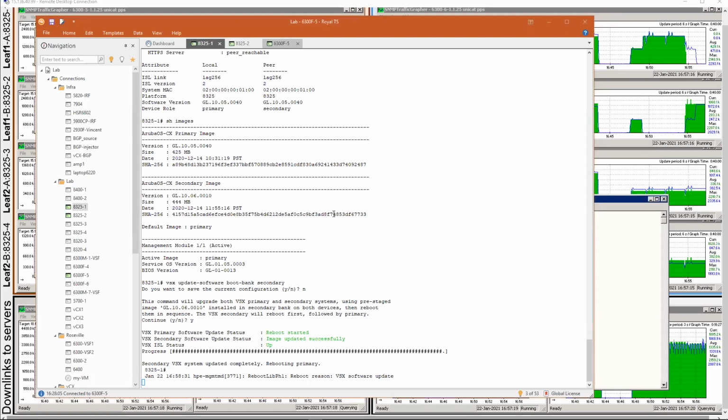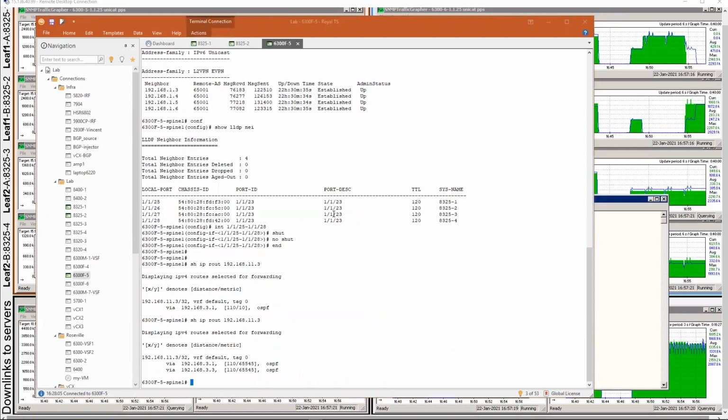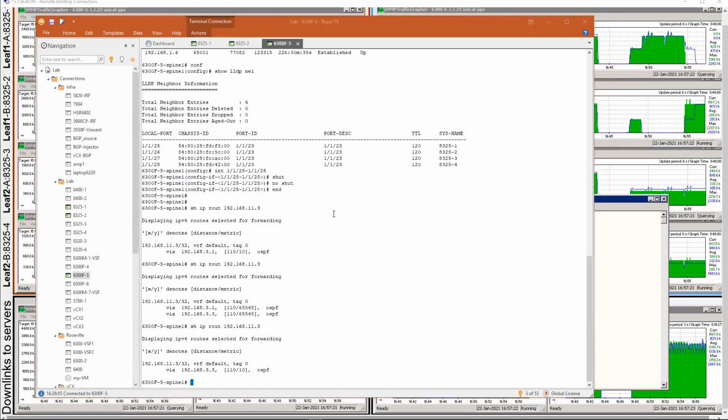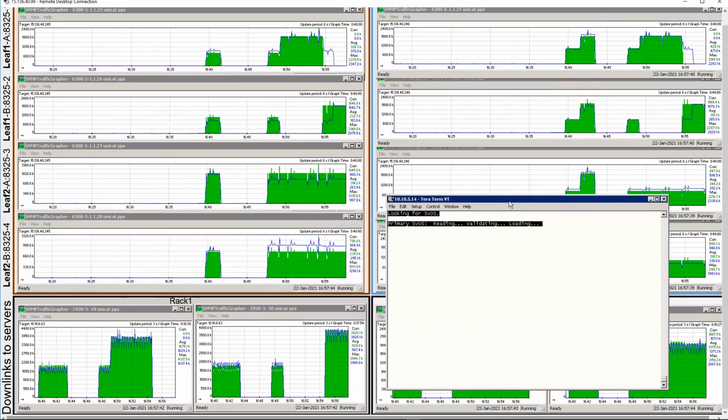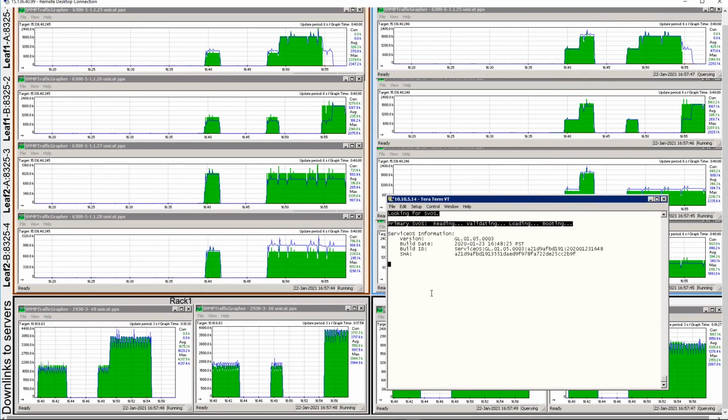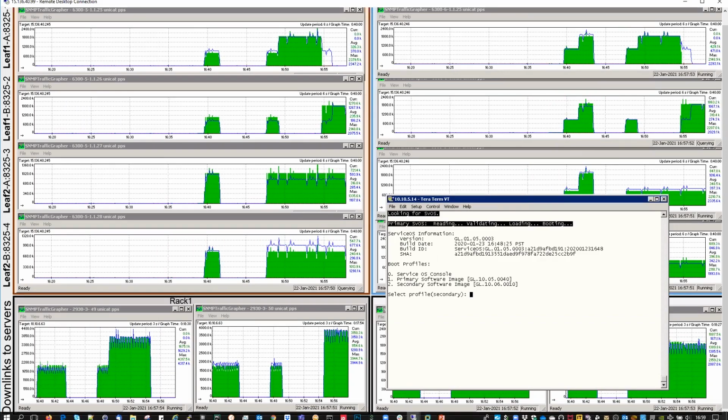If I take a look here on the spine, the route going to the Anycast VXLAN source IP address is known this time only through the VSX secondary, which has been already upgraded. Let's take a look where we are in terms of reboot. This is rebooting the service OS, and it will soon come in. So remember, we have 11.9 milliseconds outage before that switch was rebooting.